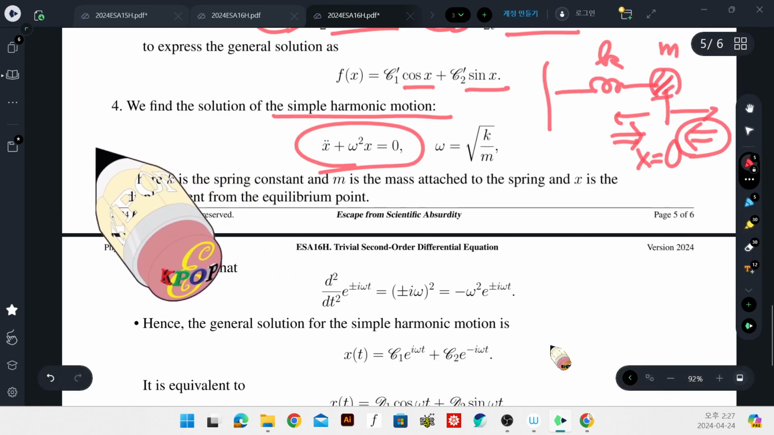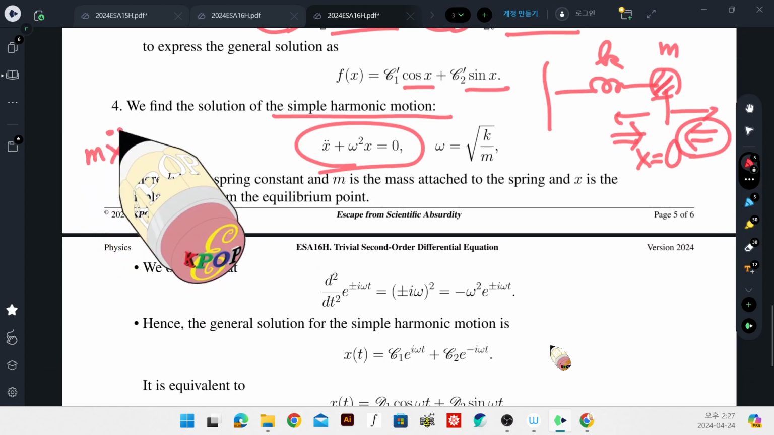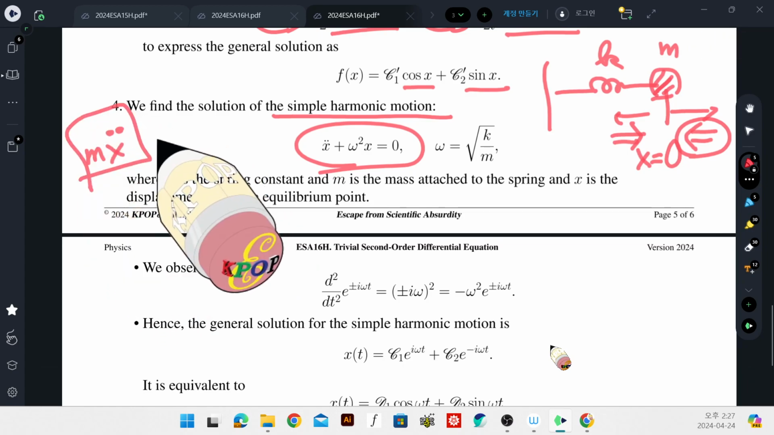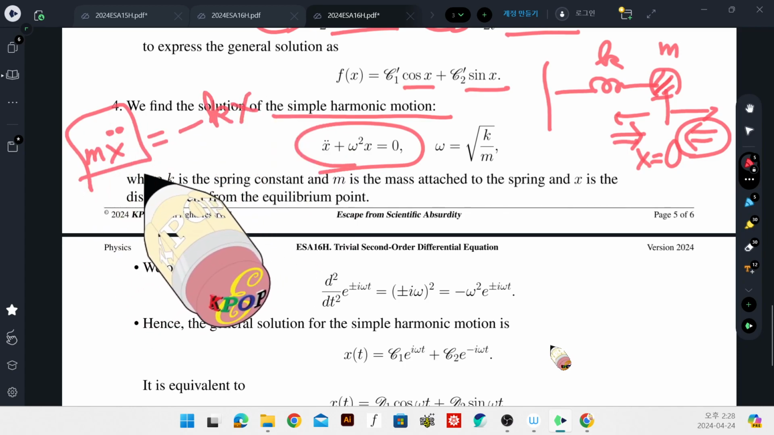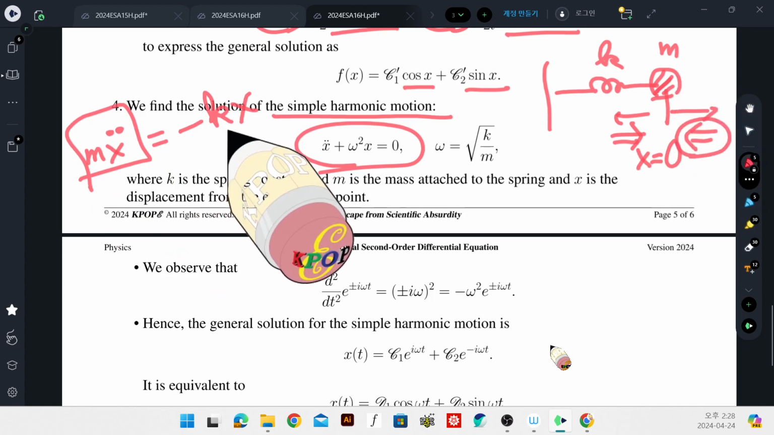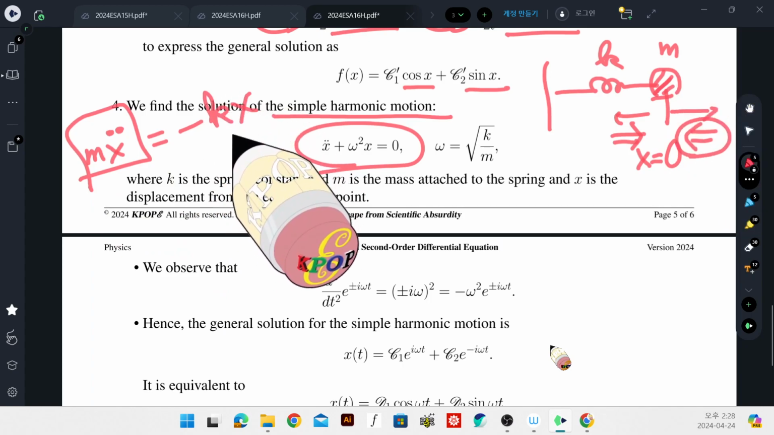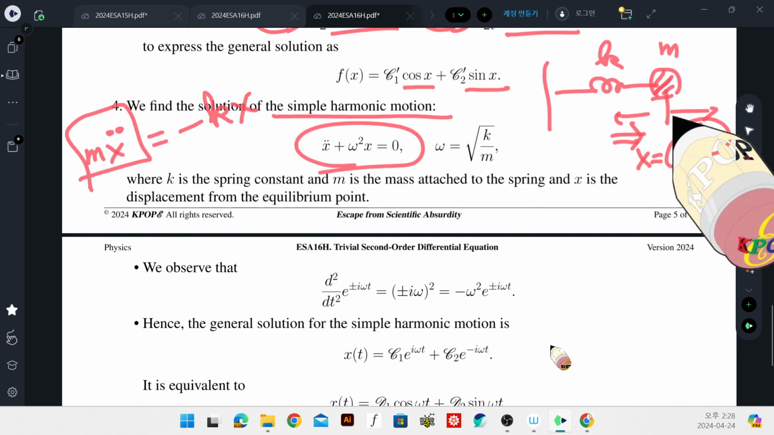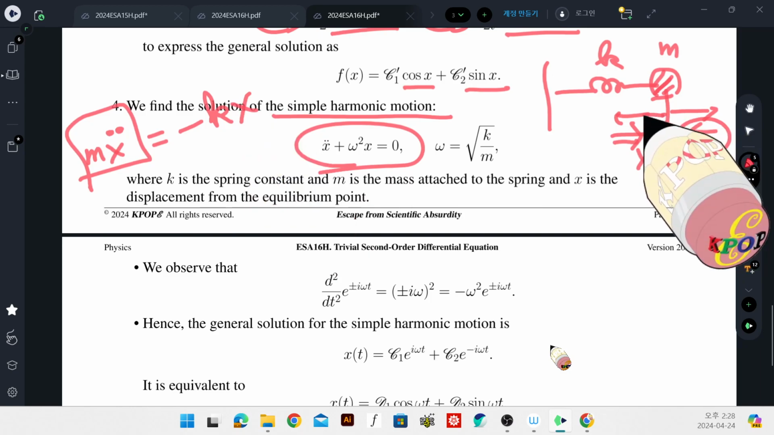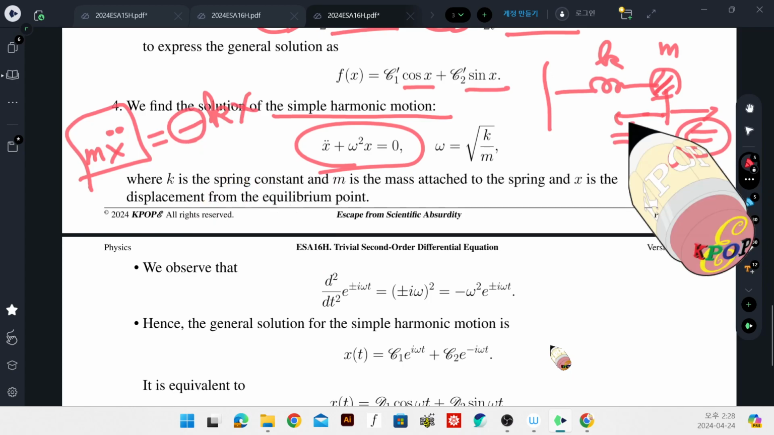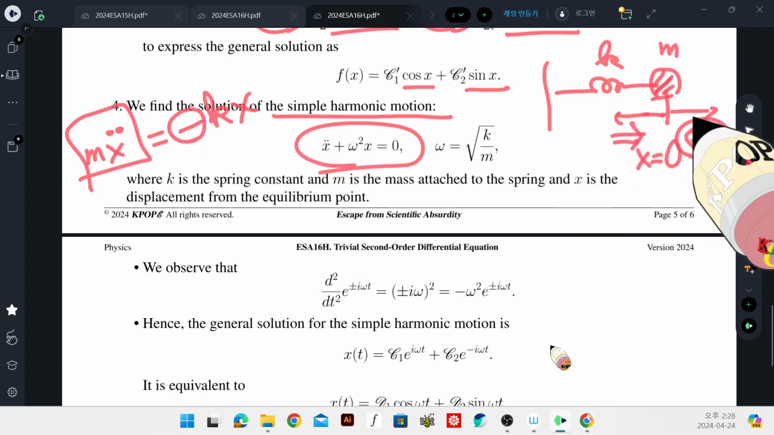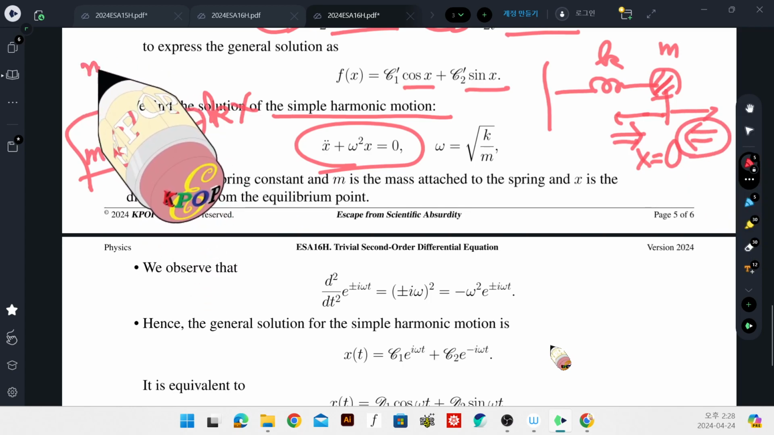So Newton's law of motion gives ma equals minus kx. The force applied to this mass is proportional to the spring constant k and proportional to the displacement from the equilibrium position, and this negative sign stands for the restoring force being opposite to the displacement from the equilibrium position. Therefore, we arrive at an equation of motion,